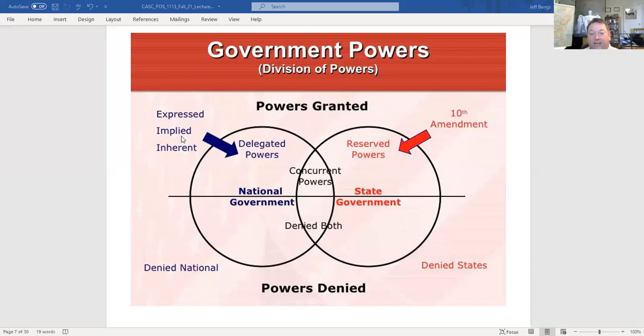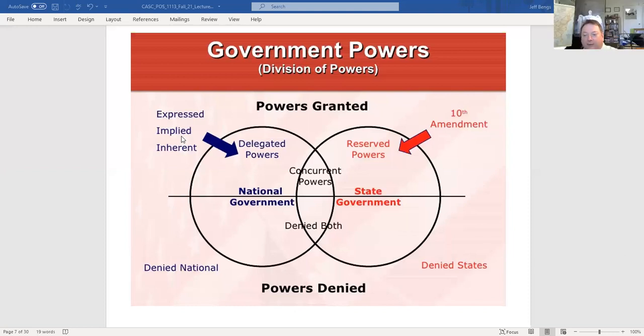For example, those 13 soldiers, it's a good chance that they came from 13 different states. Most likely a couple of them were from the same state. But they're serving in the federal military. So let's say there was a soldier from Texas that was killed. The state of Texas is not going to pursue the terrorists. That is an inherent power of the federal government, since they attacked and killed federal soldiers.